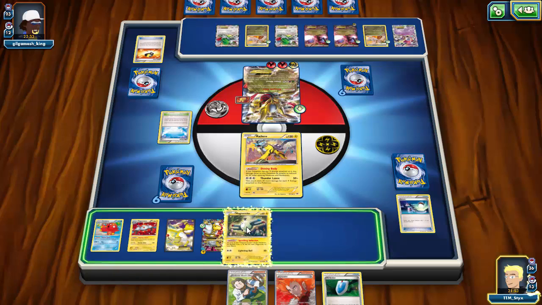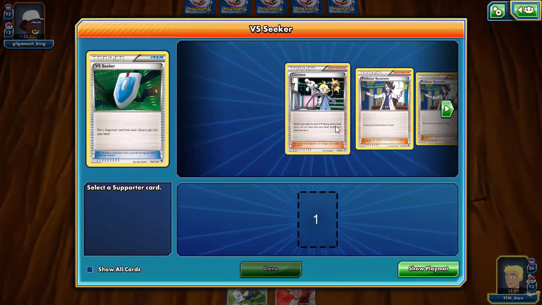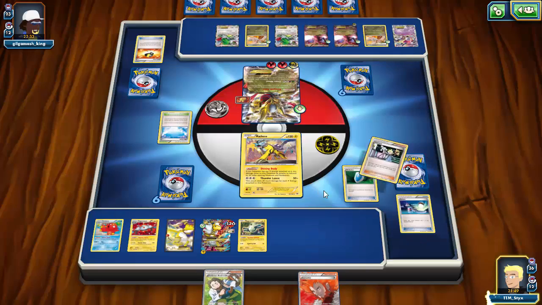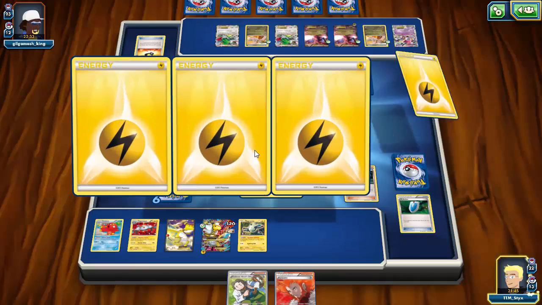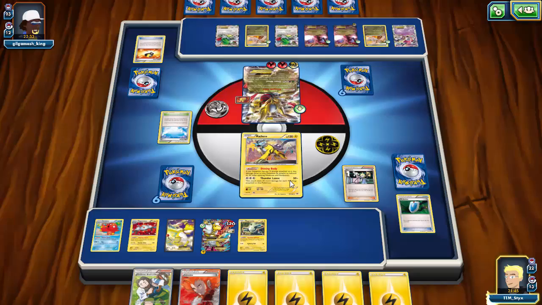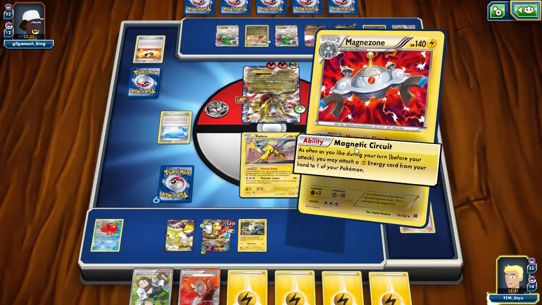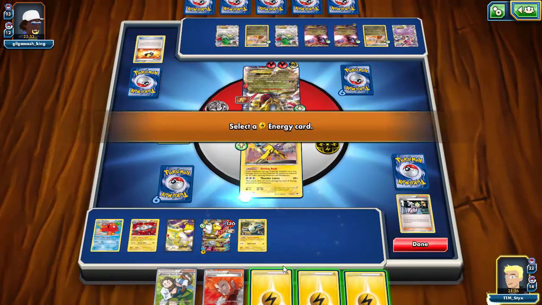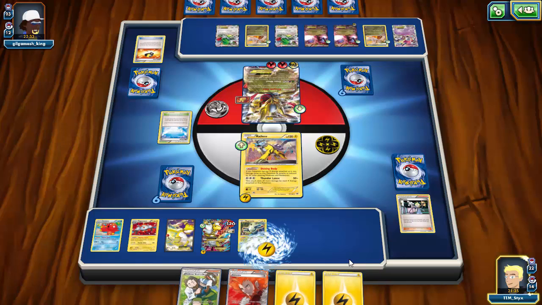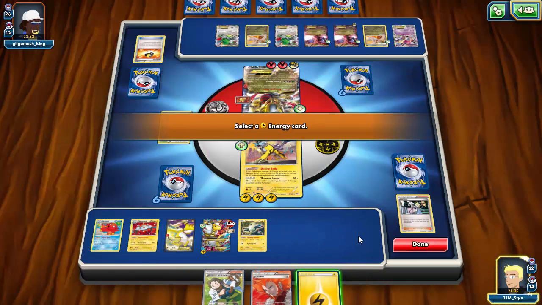Go ahead and play the other Magnemite down. Go for the VS Seeker to grab the Clemont. And then just get a bunch of energy, and then Magnetic Circuit onto the Raikou to do actually 130, so that's pretty awesome. I'm gonna go for 1, go for 2 onto this, go for 3, and then I think I'm going to...